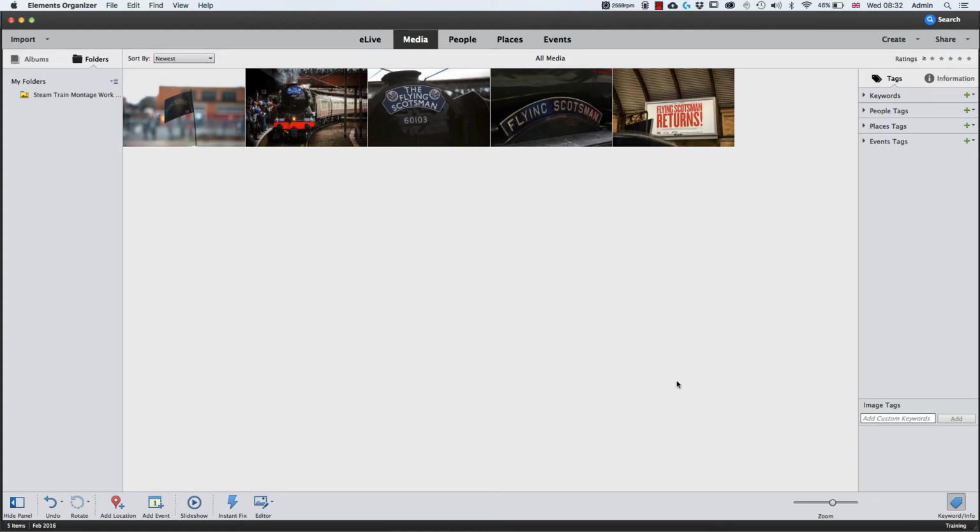Okay, so here we are in the organizer and I'm in the media section. And you can see here I've got some images. I've got 1, 2, 3, 4, 5 images, and what I'm going to try and do is make a montage out of them. We're going to be using styles, and we're going to be using quite a few skills, including using and manipulating layers. Okay, so I'd like to get these into the editor, so I'm going to click on the